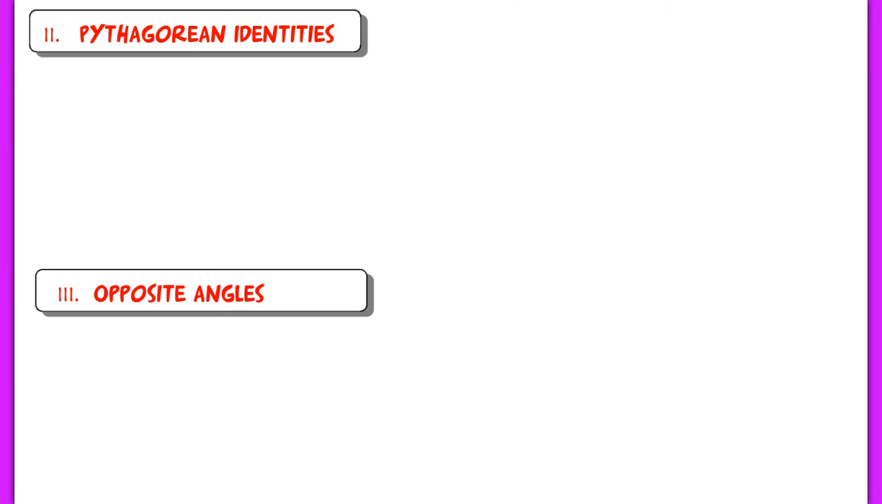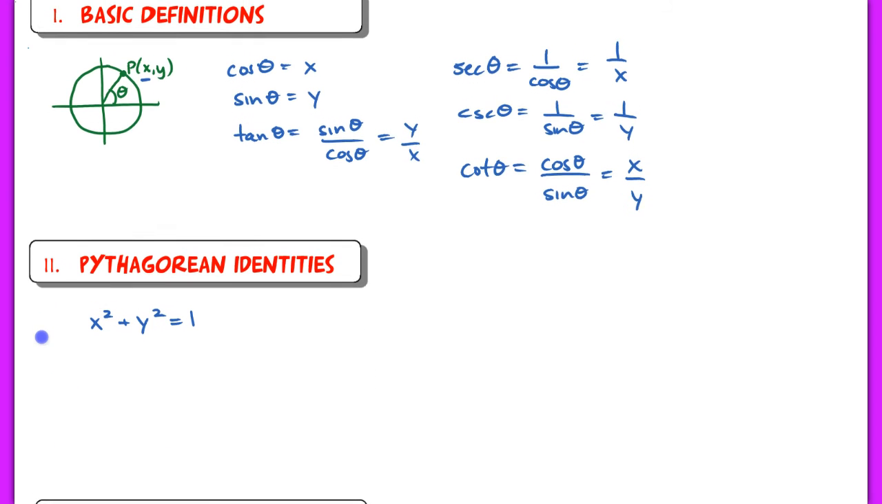Working on section 2 of our Prove It Notes, we're going to look at our Pythagorean identities. Now, what we're going to start with is the equation of our unit circle, x squared plus y squared equals 1. The reason why this is in a subheading of Pythagorean identities is because if we look back at our